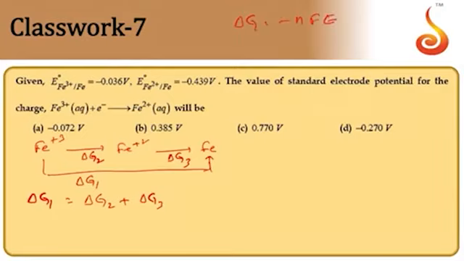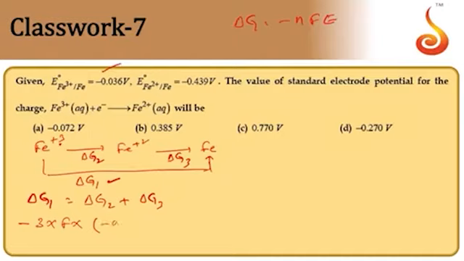For the first one, delta G1, the number of electrons is 3 because Fe plus 3 to Fe, so N will be equal to 3. So minus 3 into F into the potential given to us,